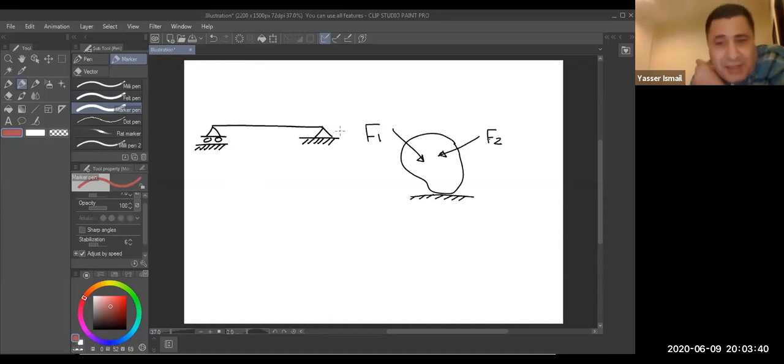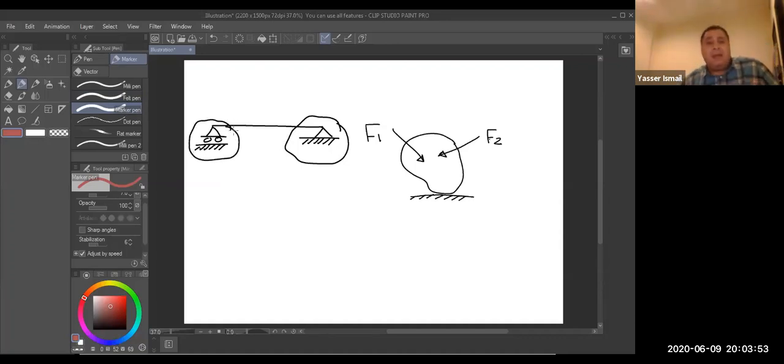Now, what does this figure mean? We call it a pin support or hinged support. What about this one? This we call a roller support. So these are standard figures, or standard systems, that we define by putting particular supports to define a particular system. Like, we have a simple support.